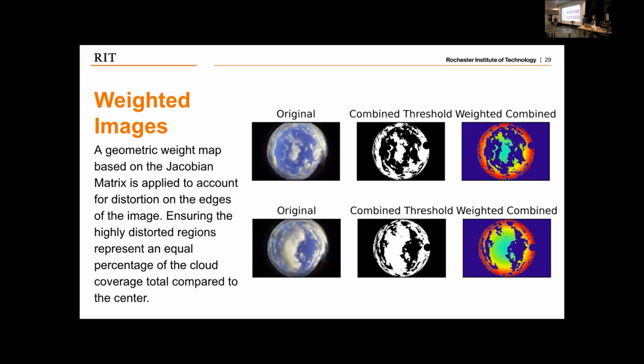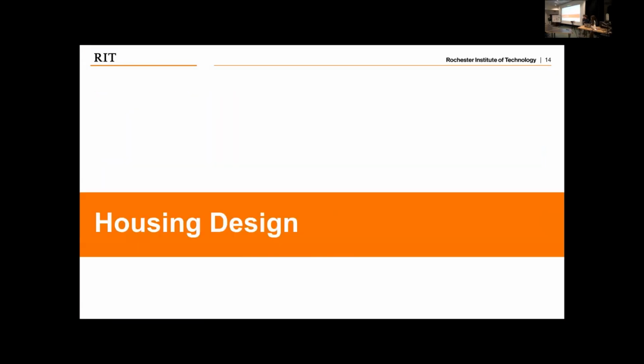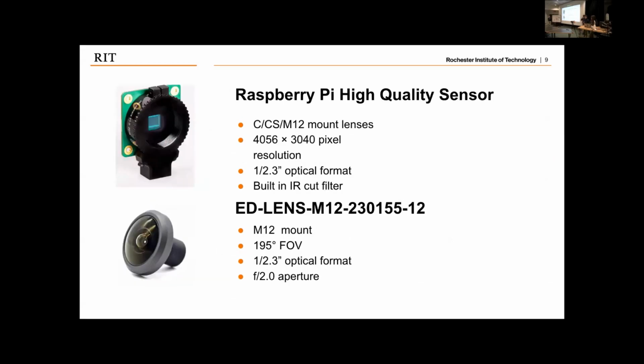Very good. And one last final question. I think you said your goal is 180-degree field of view. I think you said you have a 190-degree lens, but you can't mount a 190-degree lens in a flat surface. So how did you end up mounting the lens in a way that you can get as much, and how much field of view did you end up getting? So we ended up masking into the center 3000 by 3000 pixel circle, which is about